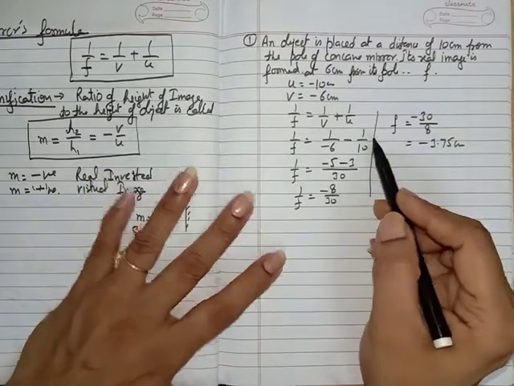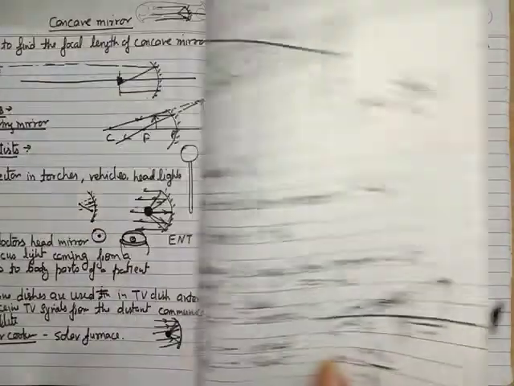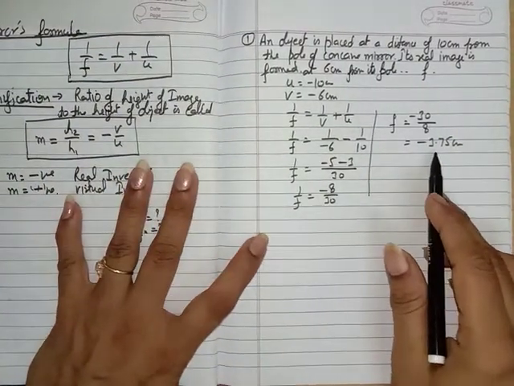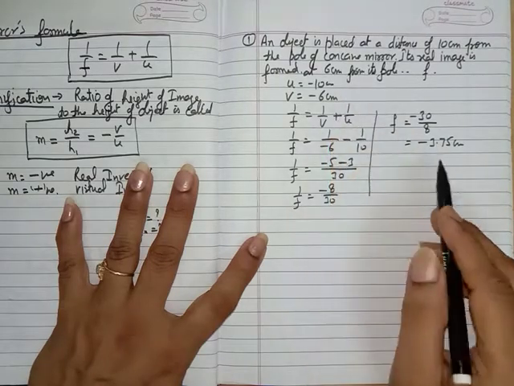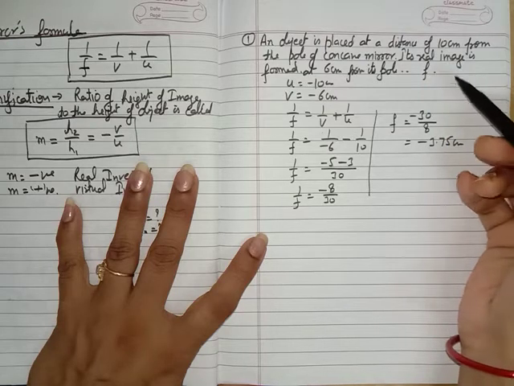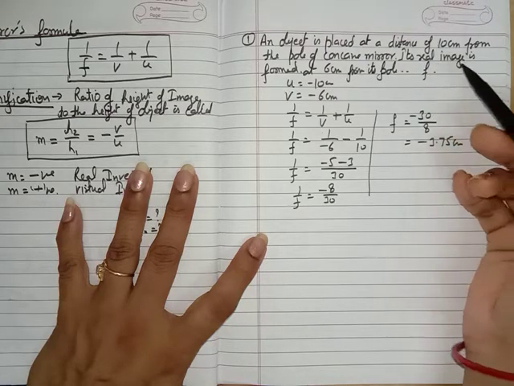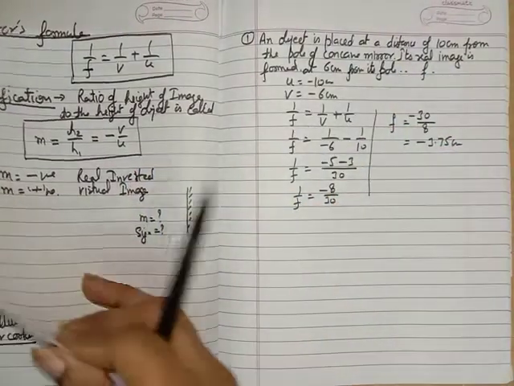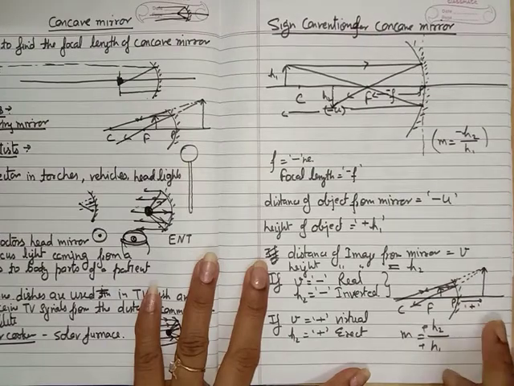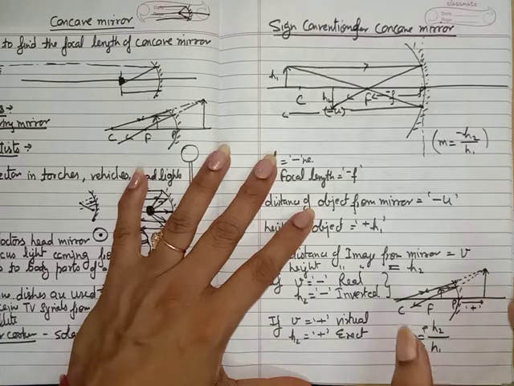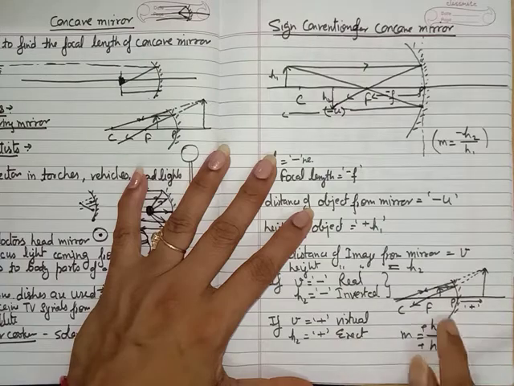The minus sign means the concave mirror has a focal length with the negative sign. So we find the value of f with the negative sign. So the focal length of the concave mirror will be negative. If in this question we replace the real image by a virtual image, it means a virtual image is formed, which is formed behind the mirror. So if the virtual image is formed, we know that v should be positive.